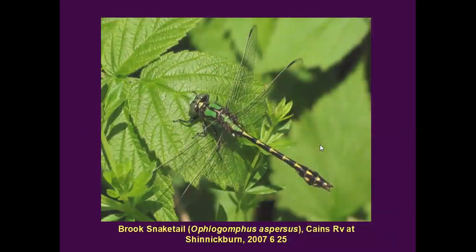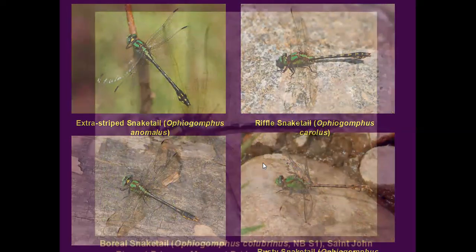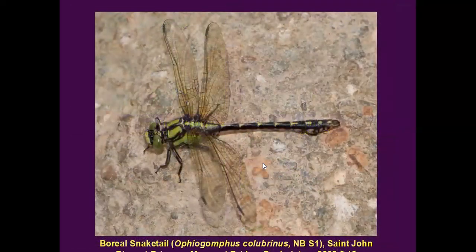And the group of clubtails called the snaketails, which are lime green and bright yellow and black, some of my favorite dragonflies, and one of which is an endangered species as well in Canada. So here are 4 other snaketails, and then yet another one. We have 7 species of snaketails in New Brunswick, including